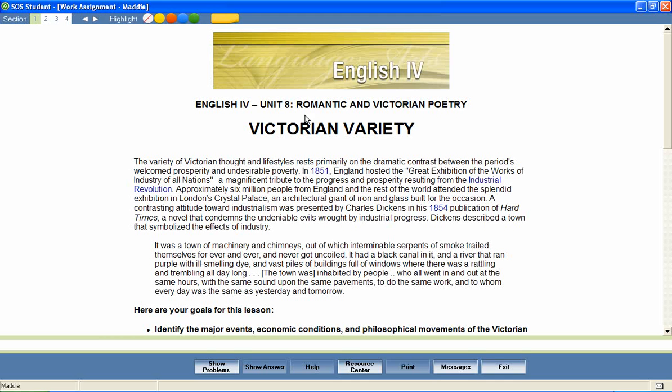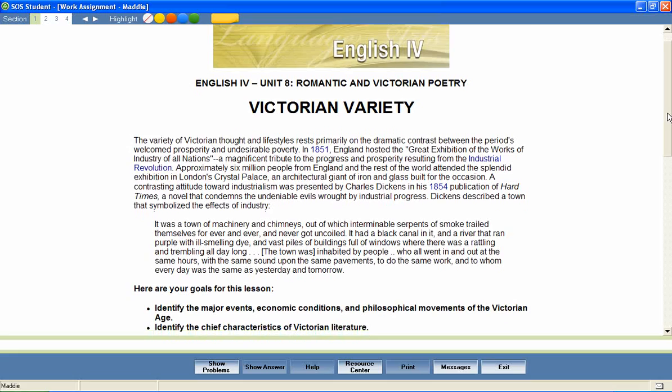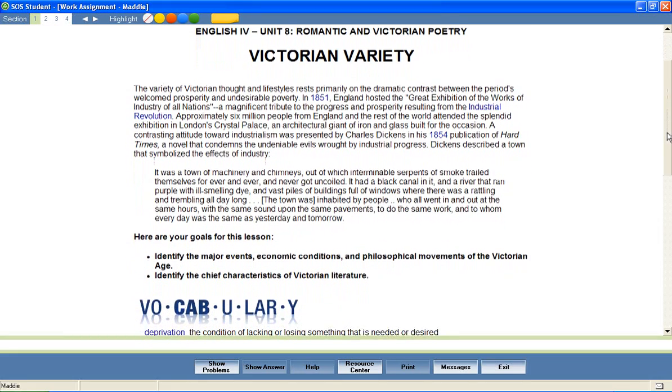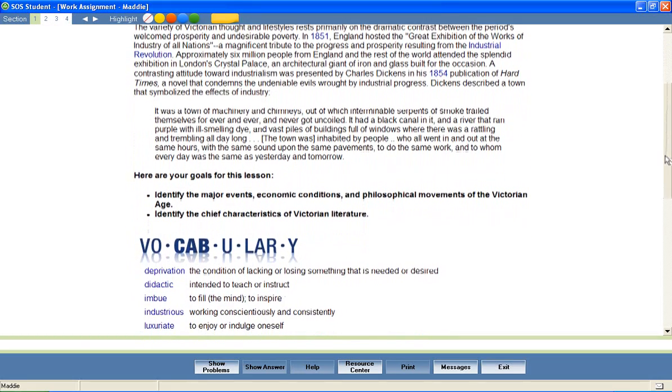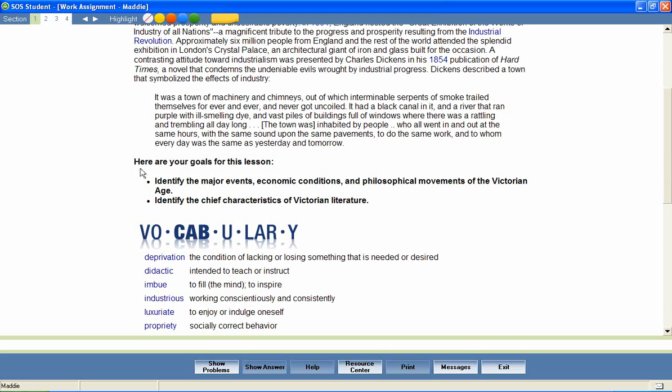In a unit entitled Romantic and Victorian Poetry, let's look at a lesson called Victorian Variety. Most Switched On Schoolhouse lessons begin with a brief introduction and a list of objectives for the lesson. These objectives help students stay focused on important lesson content and provide parents with an effective way to measure mastery